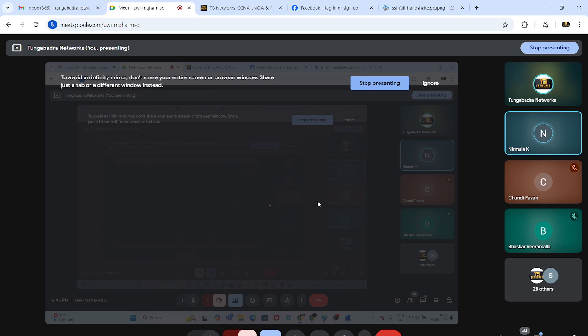In that case, you can just go with the client hello. In the client hello itself, you can identify the facebook.com URL in the server name indicator extension. Or if they ask for the complete SSL handshake, you can go with all these messages. No need to mention the SNI; just go with the process, and if they particularly ask that question, you can tell them that the client hello will have the server name indicator, where it identifies the URL or the FQDN that we are going to access.